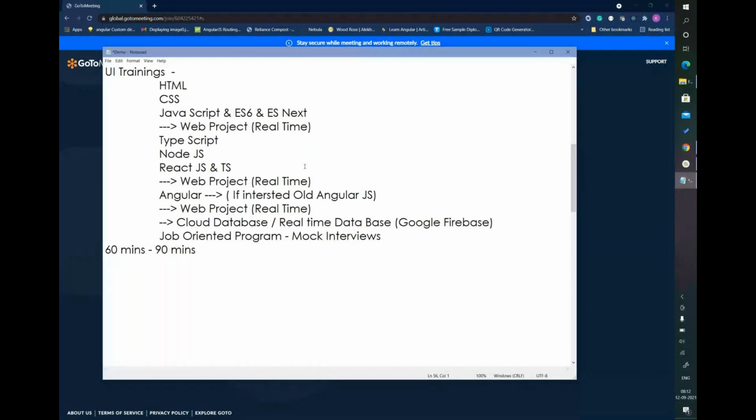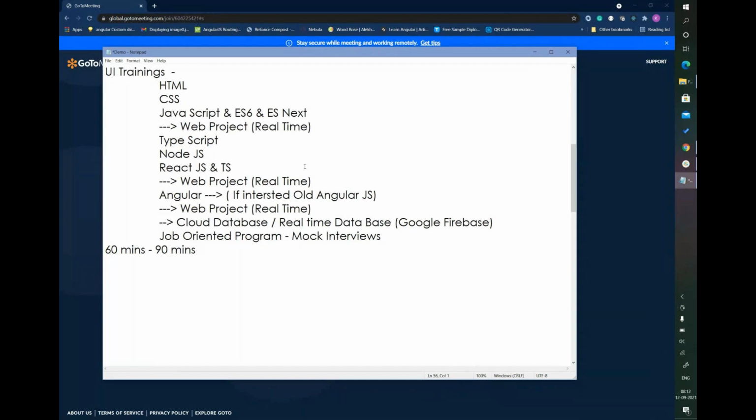Then we will focus on Node.js, the environment where we will develop our applications like React and Angular. Not only React and Angular, we can develop code in any programming language on the basis of Node.js and Visual Studio Code. Node is very important, so we will have a brief introduction to Node.js, how it is useful, and what we can configure on it.